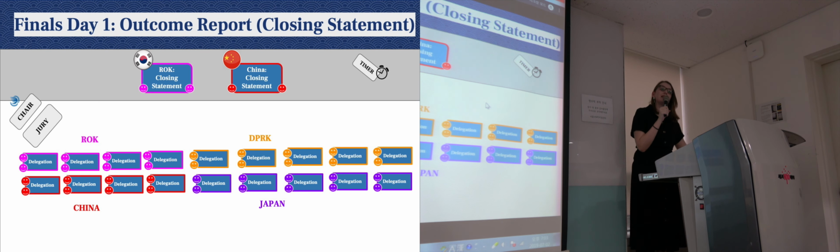After both reviews have been concluded for the states under review that day, the states under review will then conclude with their outcome report, which, to summarize it in a different way, is kind of a closing statement. So we expect that you guys will prepare these in advance, but with the outcome report, in order to accurately reflect and take on board the recommendations that you've heard that day, the states under review will have 30 minutes to amend their pre-constructed outcome report to take on board what has been said. So then each state under review will present their outcome report for 5 minutes from the deputy head of delegation, again, which will be decided later on.